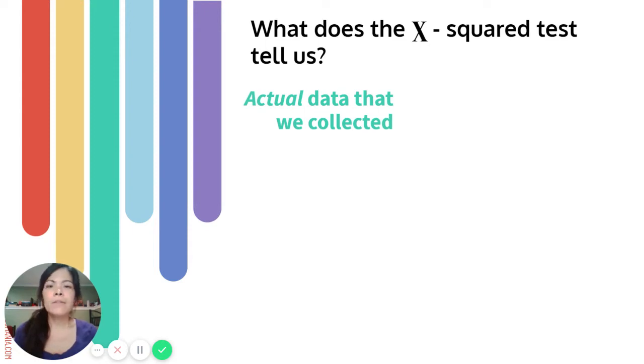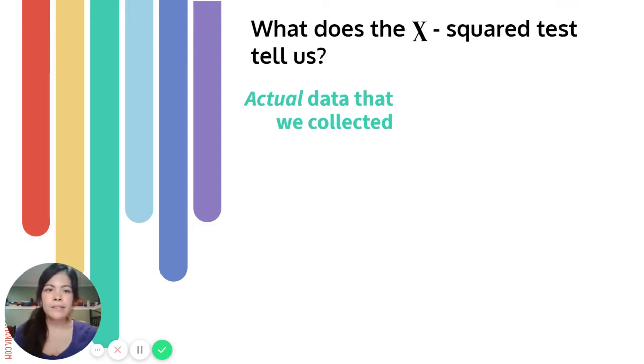Everyone knows that if you flip a coin, the probability of heads and the probability of tails is 50-50, or at least it should be if the coin is a normal, regular coin. But if you actually flip a coin 10 times, you probably aren't going to get exactly 5 heads and 5 tails. Or maybe you will, but if you got 6 heads and 4 tails, that would be normal, right? There's just variability in your data. The same thing is going to happen when we're collecting actual data out in the world. There's going to be variability.